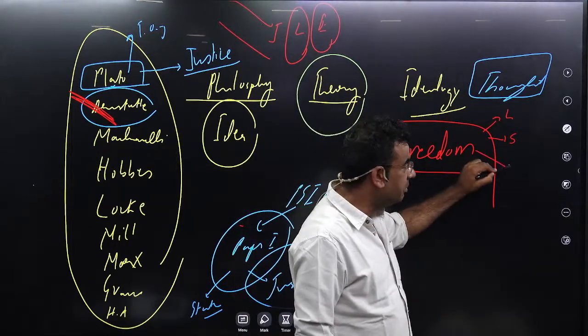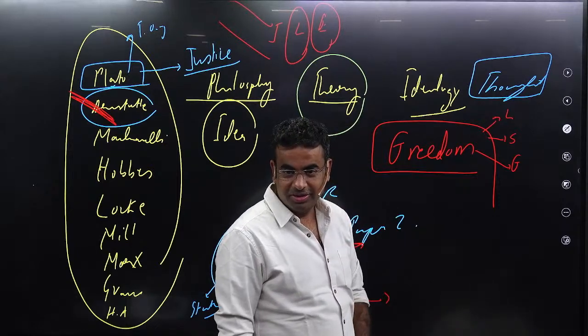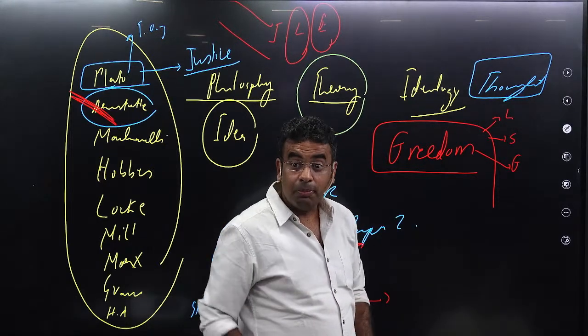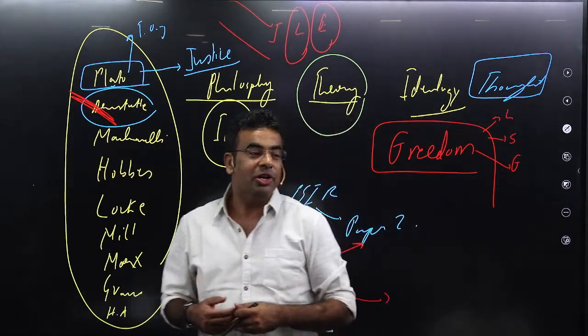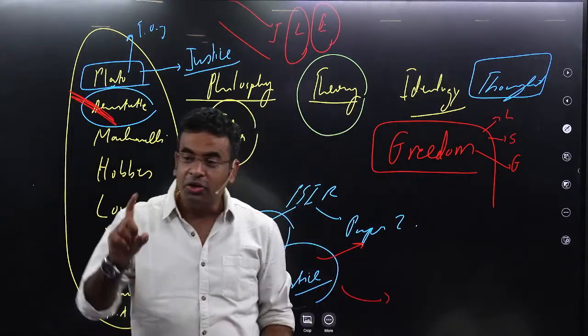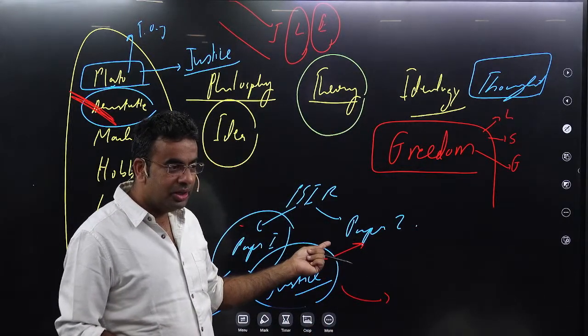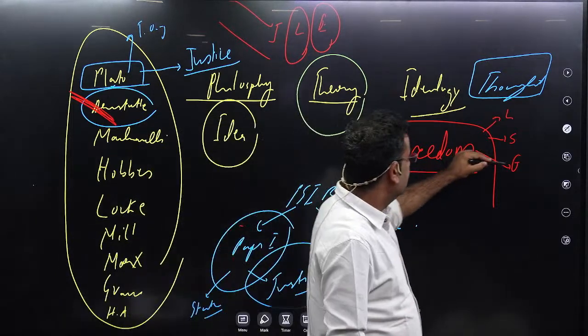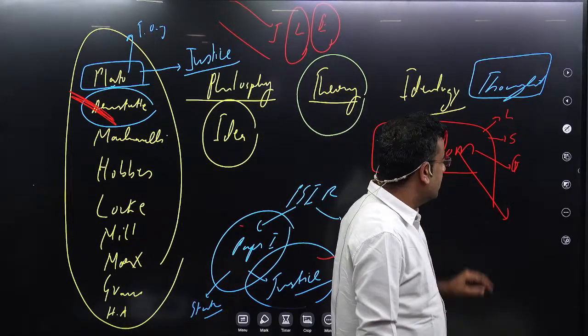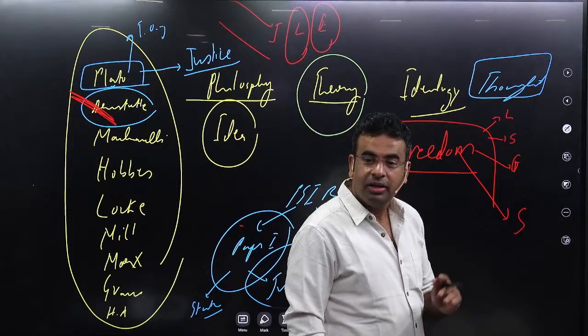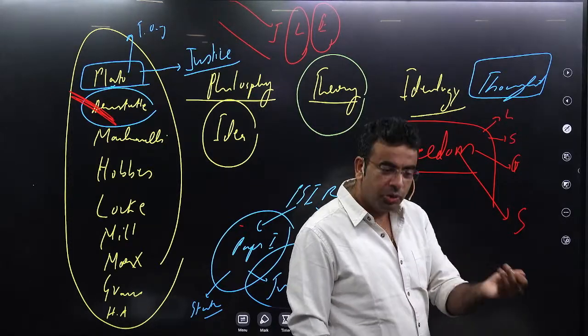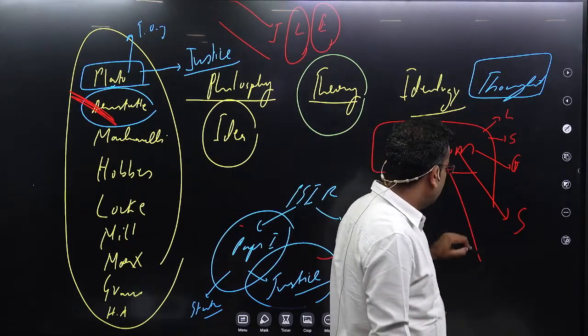What is freedom for a feminist? Abolition of patriarchy. Till the time patriarchy is not abolished, there is no freedom. So freedom for a feminist is different or not? So freedom is different again, okay? Then there is Sartre. Sartre will say what freedom is. You will come to know, okay? Then